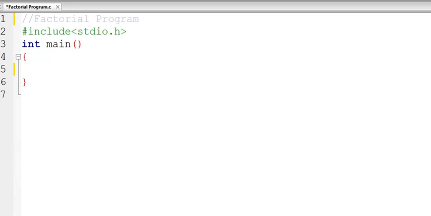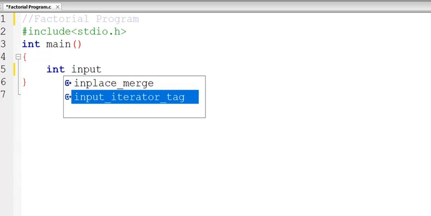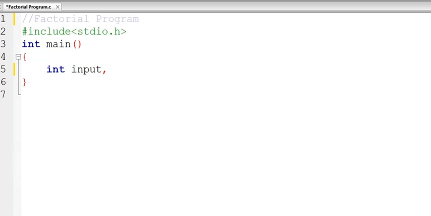Now we will see how to write the factorial program using C language. Here I am using the CodeBlocks editor. Here we need int variables. I am taking input to read the value from the user. I need a counter variable, I am taking I and initializing it with 1, and also I need a result variable.